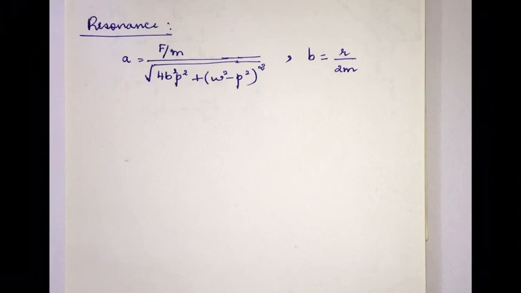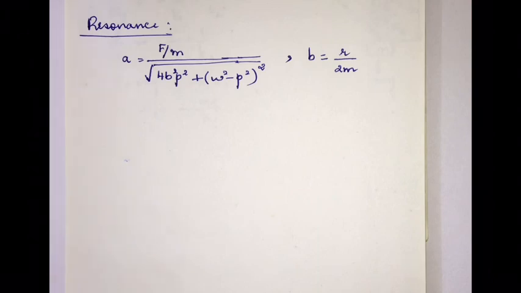So what is resonance? Resonance is the state where the frequency of a periodic force acting on a vibrating body is equal to the natural frequency of the vibration of the body, and the energy transfer from the periodic force to the body becomes maximum, because of which the body will vibrate with maximum amplitude. Or in other words, when the natural frequency becomes equal to the applied frequency, the body vibrates with maximum amplitude. This condition is called resonance.